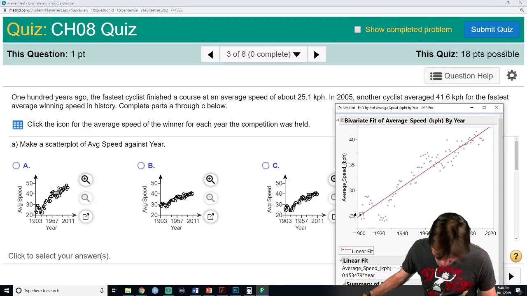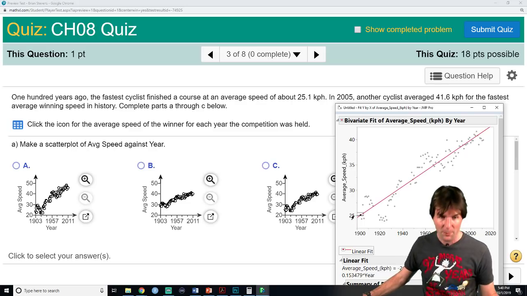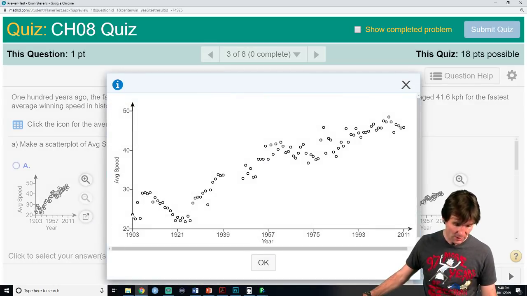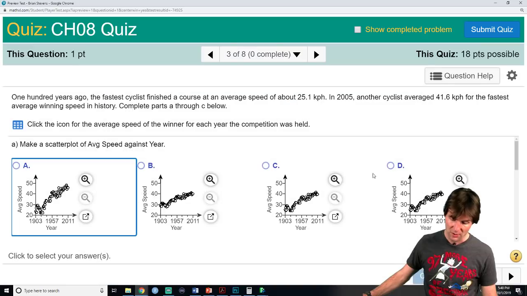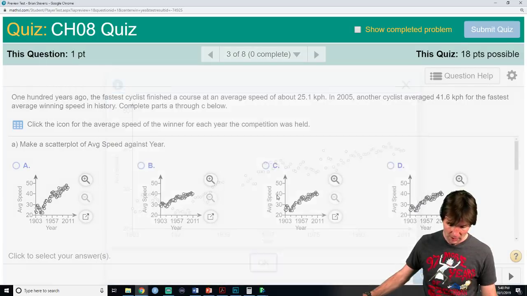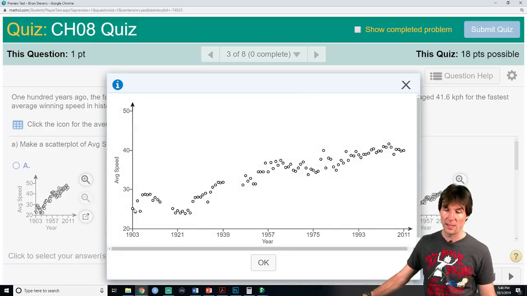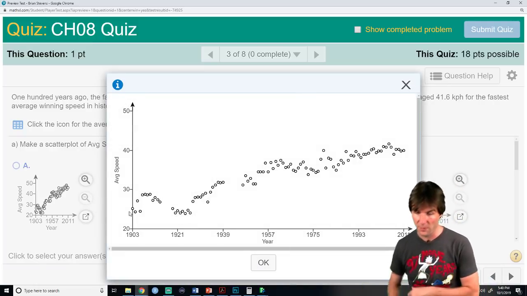Yeah. The first point right here is at 25. That point right there is close to 25, and go to this graphic. The first point over here is below 25. See, 25 would be right there. That's tough. It's tough to tell the difference between those two. This one has the missing data, and if you look at the point right here, that hits at about 25. Very, very close. Very, very tough on that.